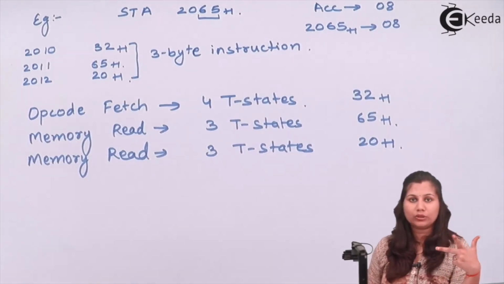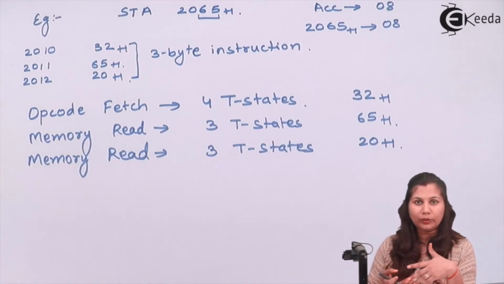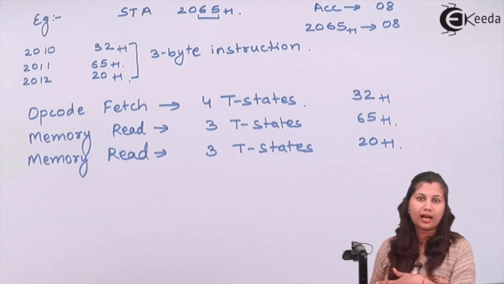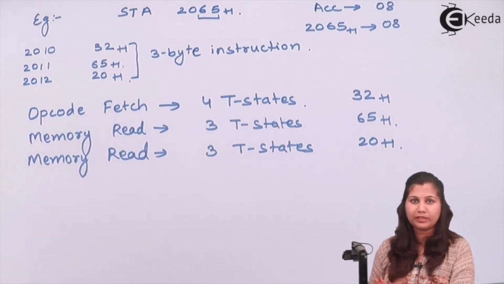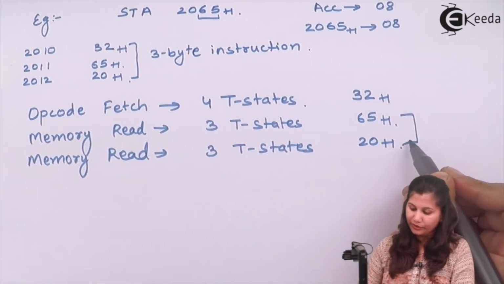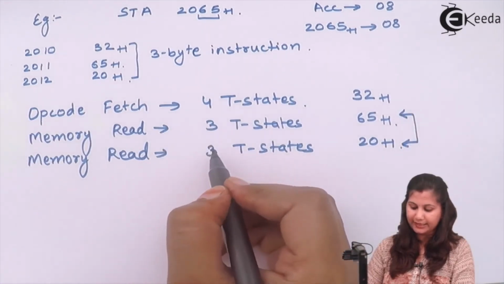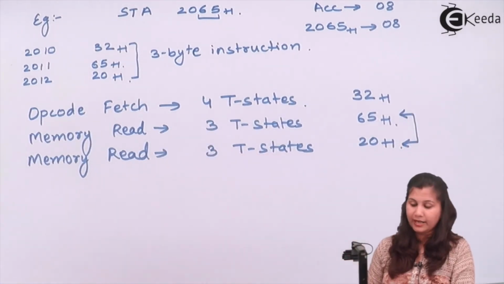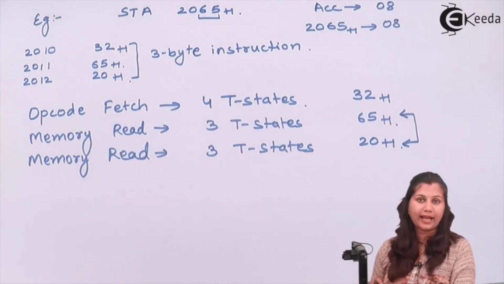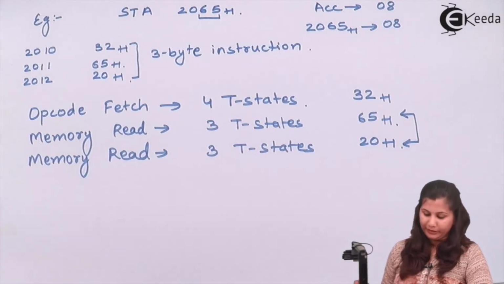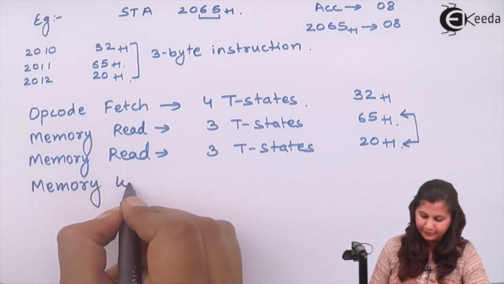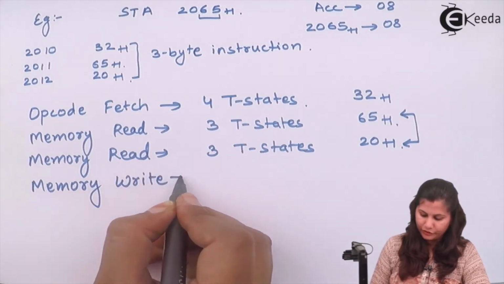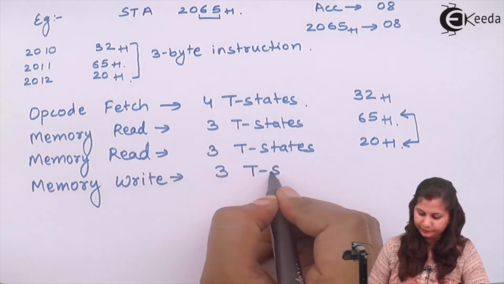So it requires two things: the memory location where the contents are to be stored, and also the data which has to be stored. The address it has already got in these two memory read cycles. Now it requires the data, so it is going to write that data from the accumulator. So the fourth cycle is memory write,